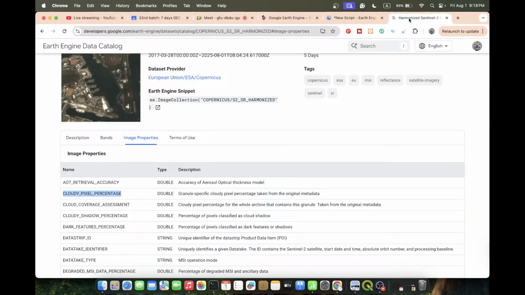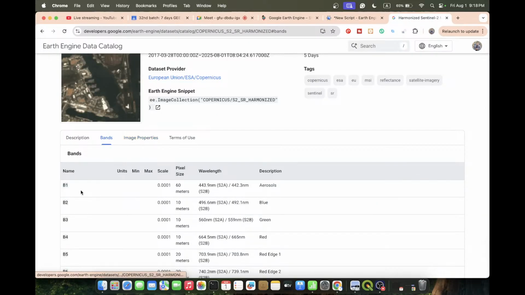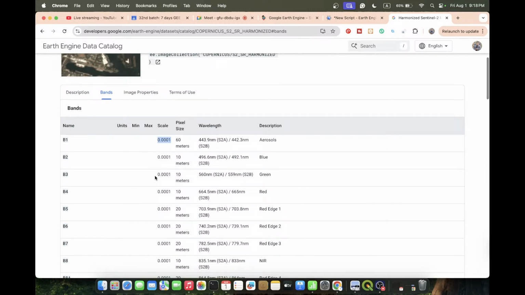If you check, it has a scale value. You can see all of the bands have the same scale, 0.01. So this is the scale value. This scale value I need to multiply, because I want to make the better reflectance value. So for that, basically, to get the better pixel value, that's why I need to multiply this